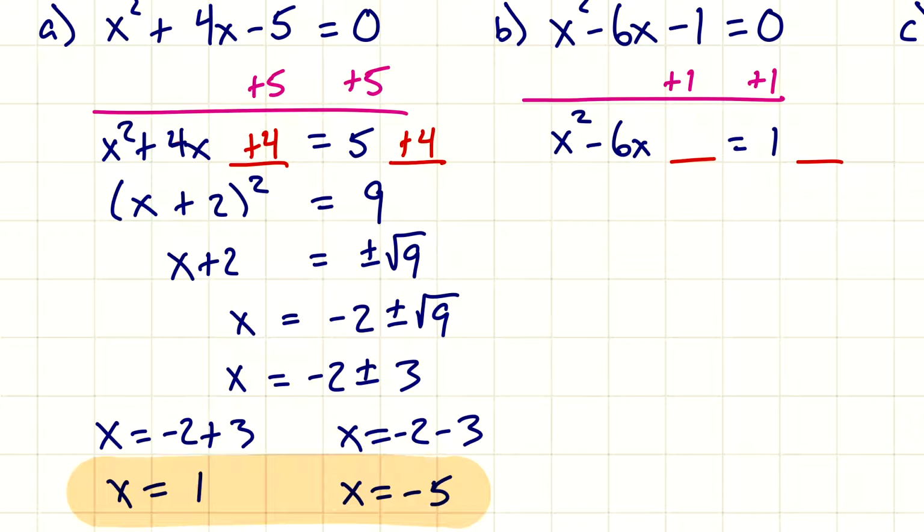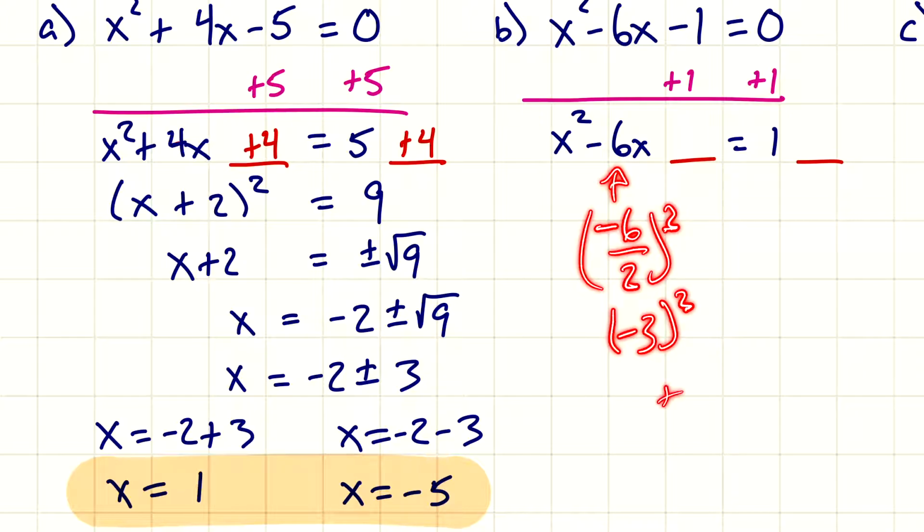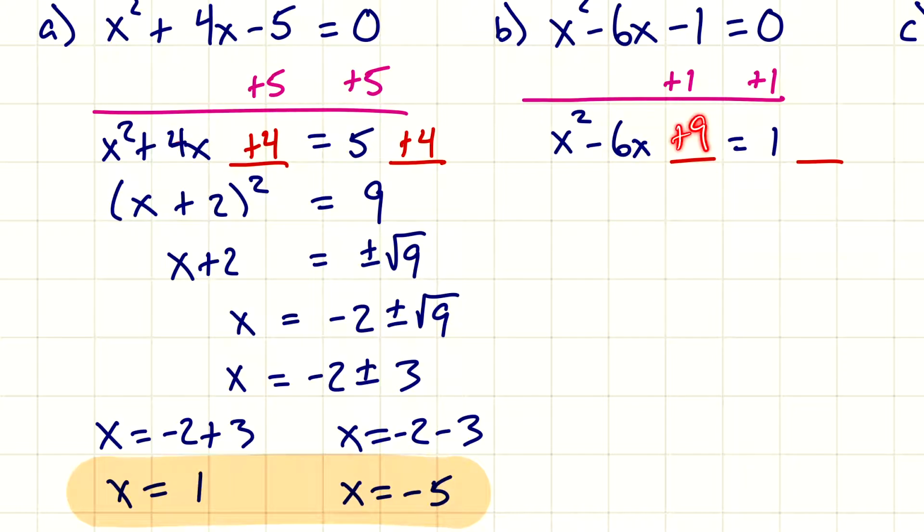When I want to figure out our magic number, I'm going to look at the 6. So I have negative 6 divided by 2, and I'm going to square it. Negative 6 divided by 2 is negative 3. Negative 3 squared is going to be a positive 9. So I'm going to add 9 to both sides. So plus 9 and plus 9, which means we're going to have x minus 3